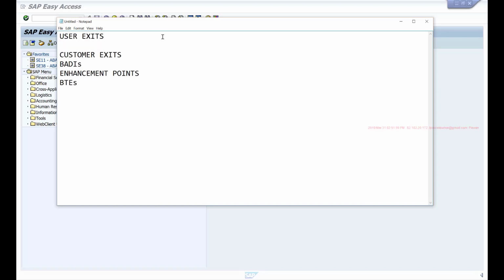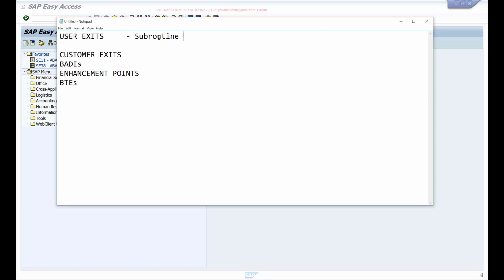So in user exits, the opening is provided as a call to a subroutine. In the main program, SAP will write one perform statement, and initially it will be calling an empty subroutine. But if you want to customize it, then in that subroutine you can write your code so that when the main program runs, it will call that perform statement, and when the perform statement is called, it will execute the code that you write in your subroutine.